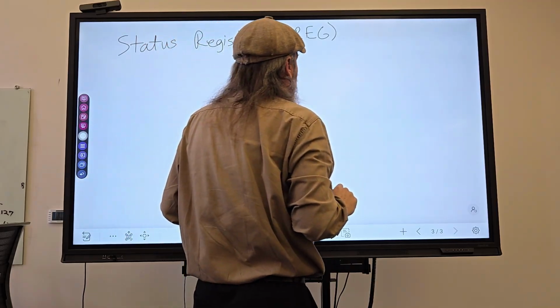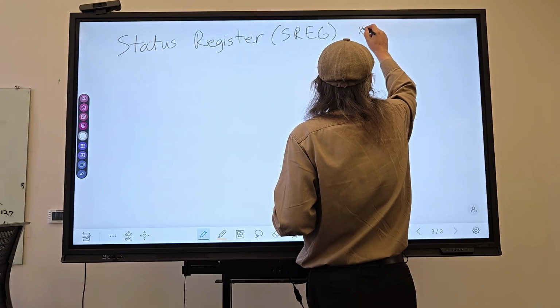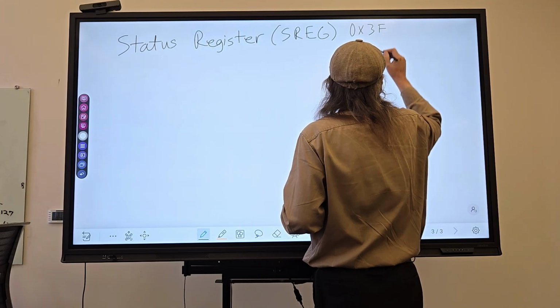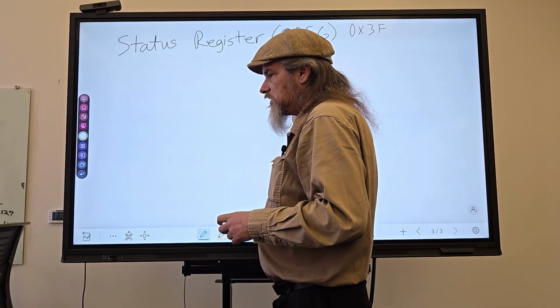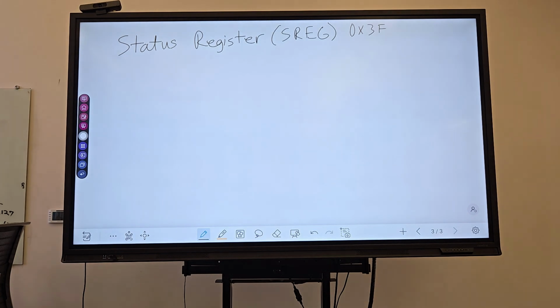Now the status register is located at memory location 0x3F. That will be a useful memory location to remember. The status register is one register of 8 bits,